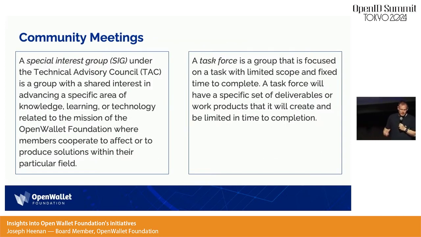So the OpenWallet Foundation has a lot of community meetings. That's where there's a lot of knowledge sharing and learning going on. Between some of these meetings, they've developed a lot of spreadsheets and documents that really talk about how you would build a safe wallet, or comparing the different credential formats or the different profiles people are using of the various standards, and compares them all in detail. So there's a lot of information there that could really help you if you just want to start building a wallet and don't know which choices you should make.